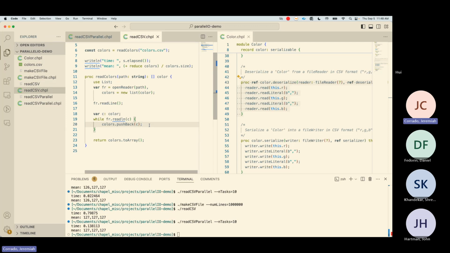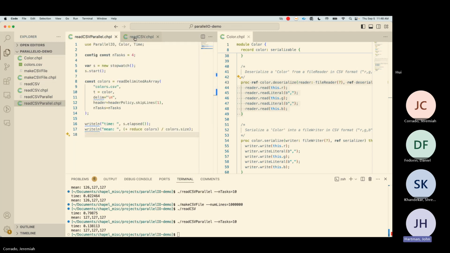So there's some overhead there. But when you run make CSV file, that file is going to be in the cache. And it's certainly going to be in the cache after you run read CSV. So read CSV parallel might be benefiting because the file is already in the cache. So depending on what you're trying to measure, you might want to flush the cache after you run make